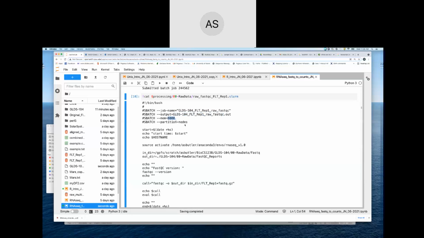So this allows it, right? Because we have to tell it how much memory it needs, because then the Slurm scheduler is going to look at all those compute nodes, and it's going to see which one of those compute nodes has that amount of memory available. And then there are different partitions. So as you're running your Slurm job scheduler, you can,